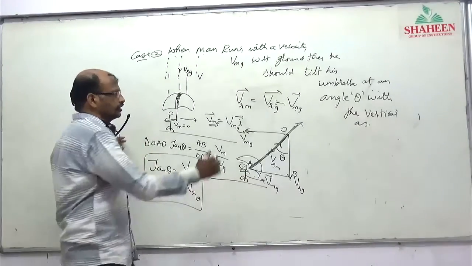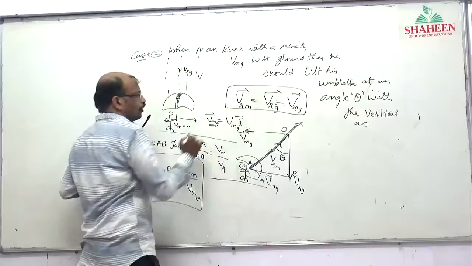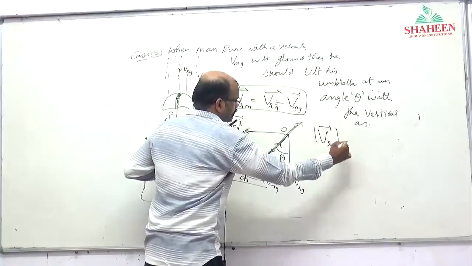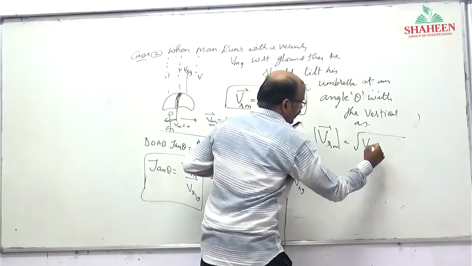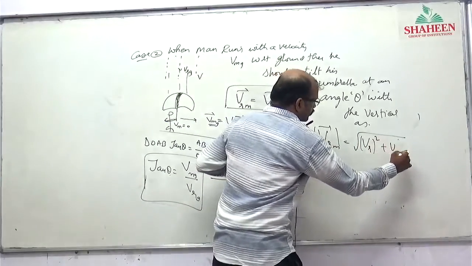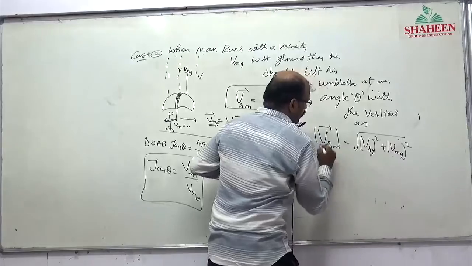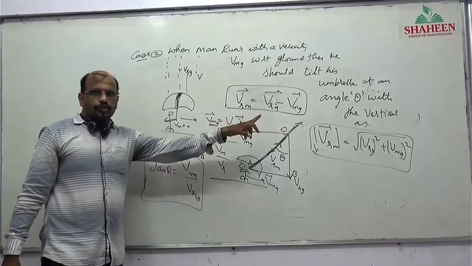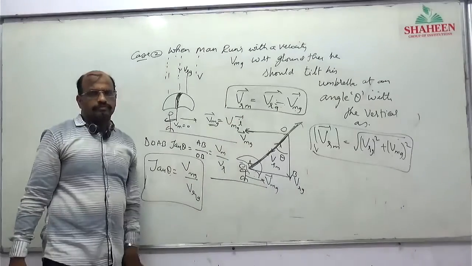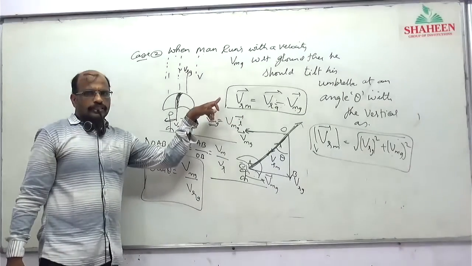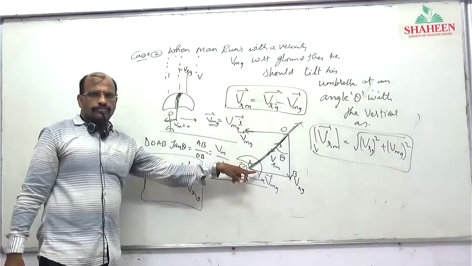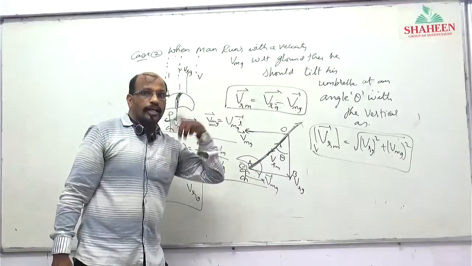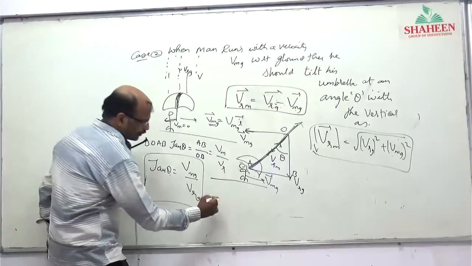In this case, this is the vector form we got. Magnitude you can calculate. Vrm mod is equal to under root of Vr square plus Vm square. Is it clear? Magnitude of Vrm is given by this formula. Vector, this is Vrm, triangle, this is Vrm. Vrm direction will be opposite direction to umbrella. You can note that point.